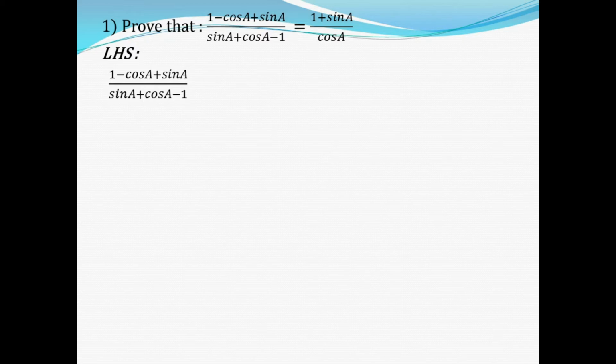Now, when we apply this identity to 1 here, instead of 1 we can put sin square A plus cos square A, but we cannot apply an algebraic identity here because it is of the form a square plus b square. For a square plus b square we don't have a direct algebraic identity. So what should we do? We should convert this into the form of tan and secant or cosecant and cot.